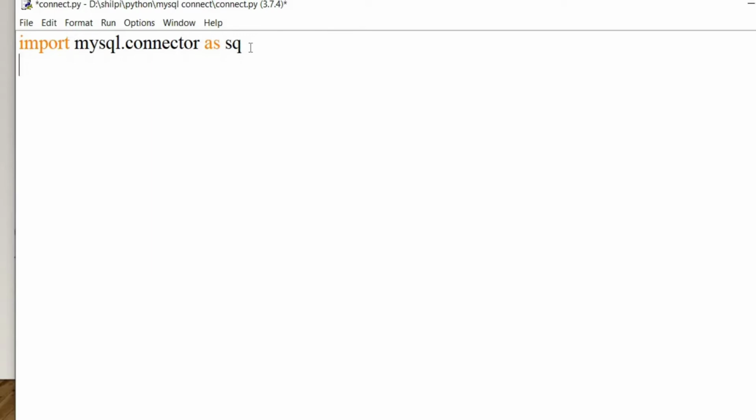Basically it will import the MySQL connector Python module in your program, so that you can use this module's API, application program interface.